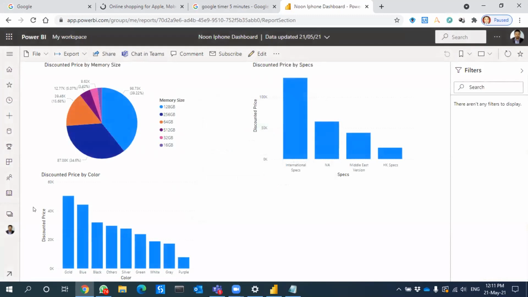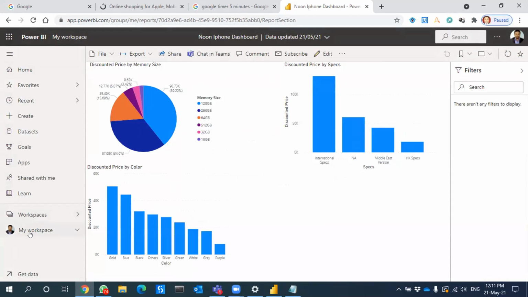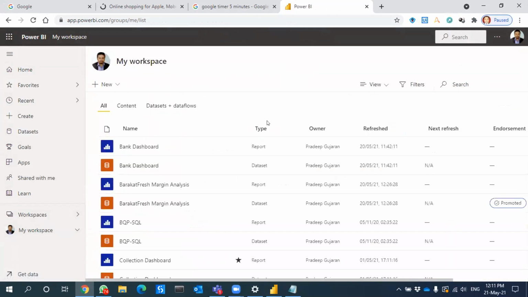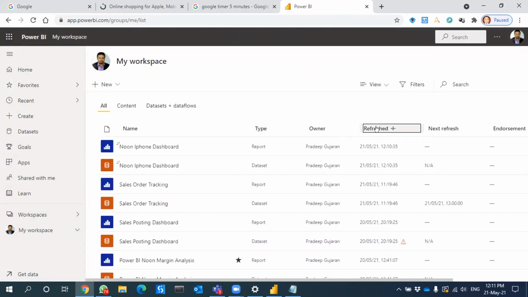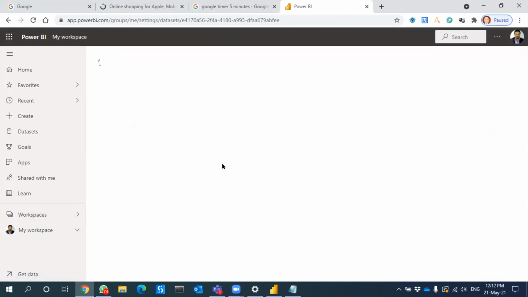Now how to schedule the report? If I go to my workspace, there are so many dashboards available. This is the latest dashboard which I published. Whenever we publish any dashboard, two things get published: one is the data set and the other is the dashboard. This data set has to be refreshed at periodic intervals. I have not scheduled any refresh, that's why it is showing NA for the next refresh. If I click on scheduled refresh,